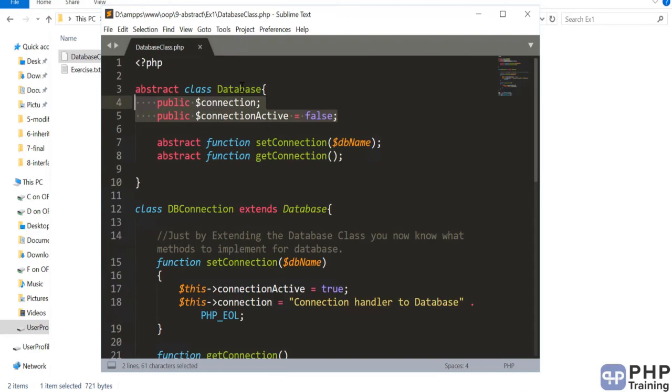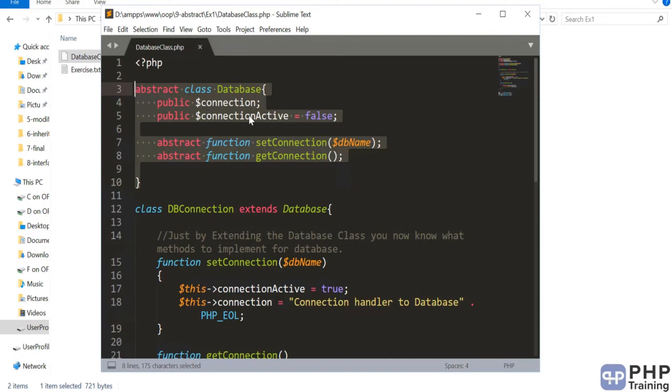Okay, because no one can create an instance of it, only the child class can get an extent of it and then implement those connections. This is a very good example of an abstract class, because you can define what methods you want a child class to implement. Let's say you're defining a project and you don't want an inconsistency in your programming style, right? You want consistency and you want to implement the same methods for all your projects. In that case, you define your abstract class and you forget about the implementation.